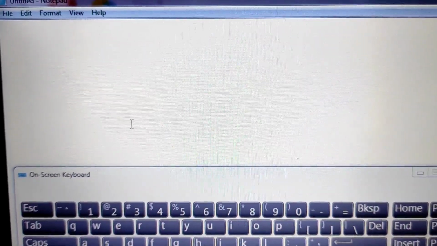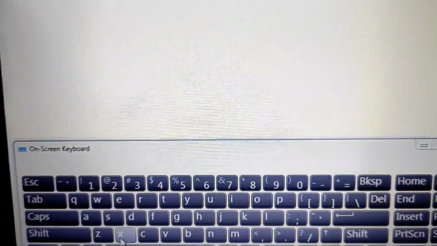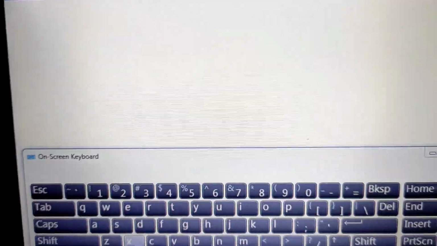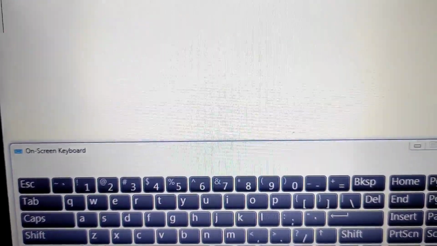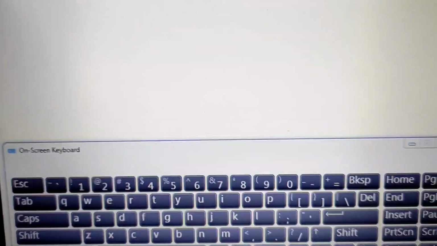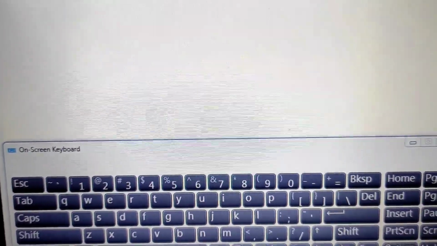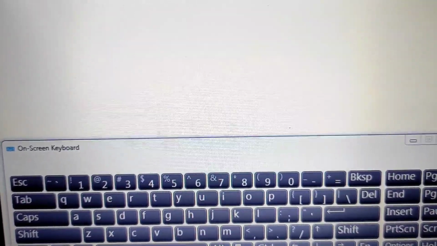But the alphabet keys that you see on the keyboard are not arranged in the alphabetical order. As you can see, all the letters are jumbled up. It is not in the sequence that you have read, like A, B, C, D, and so on.